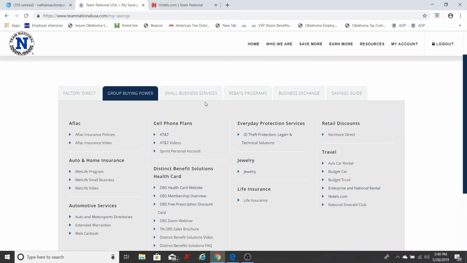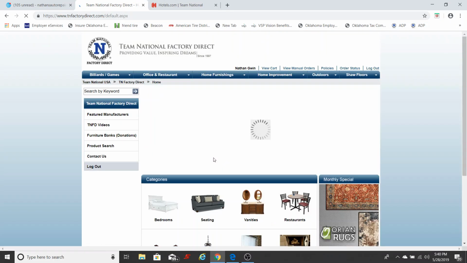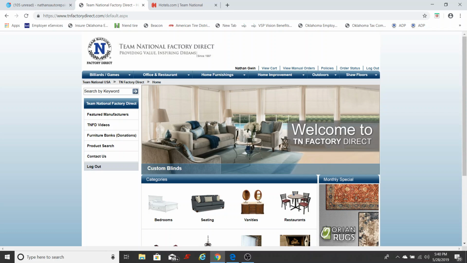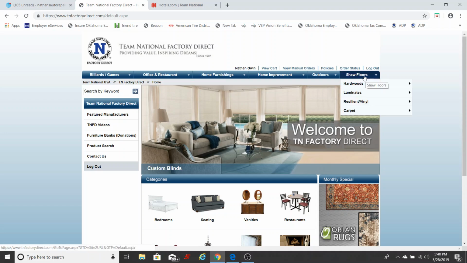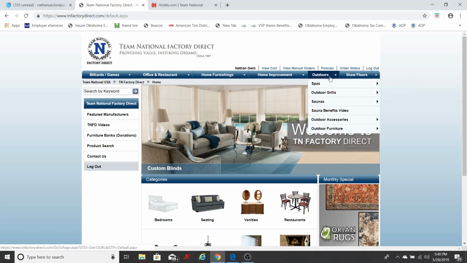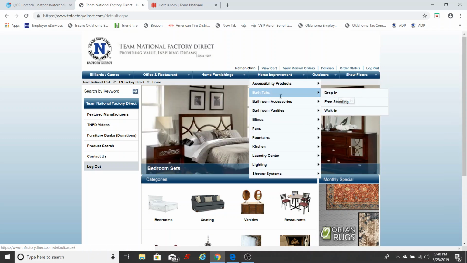Okay, and then the next thing I'm going to show you on this tab, and obviously you can go through any of these, work your way through them, self-educate. The next one I want to look at, though, the big one, is Factory Direct. We don't always need to buy furniture, but when we do, it's nice to get it 50% off. And how Factory Direct works, this is where you're going to have your Shaw flooring. This is your grills, your spas, your outdoor stuff, home improvement, bathtubs. The bathtubs are great